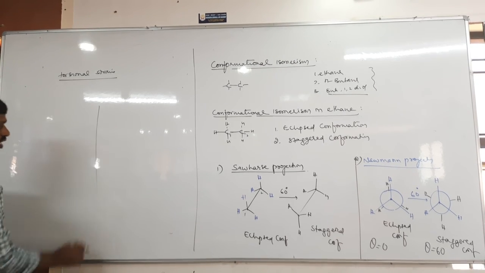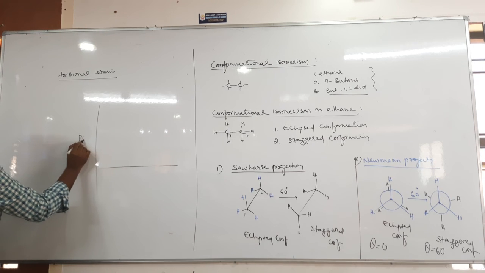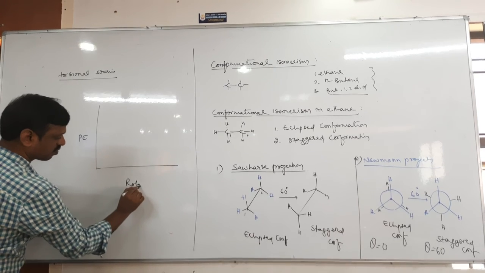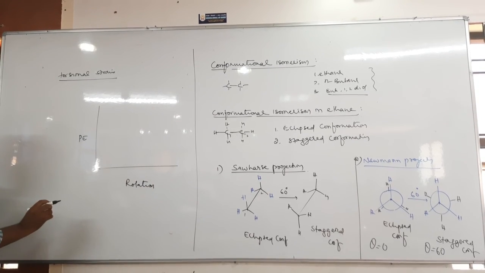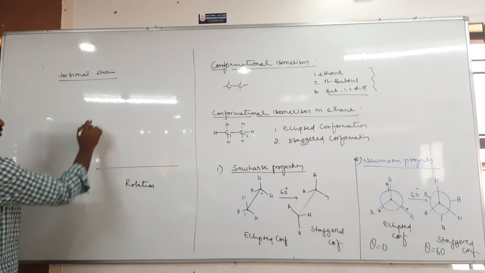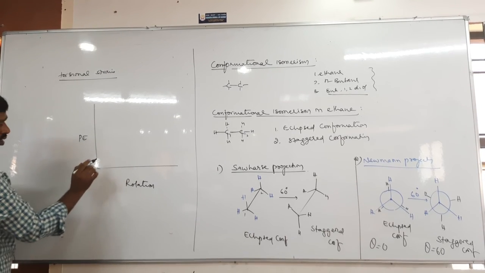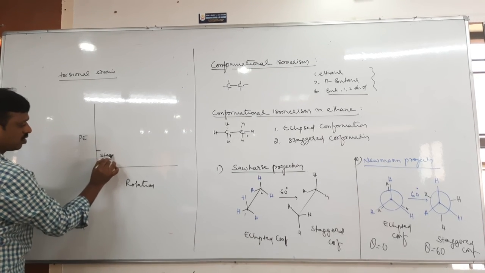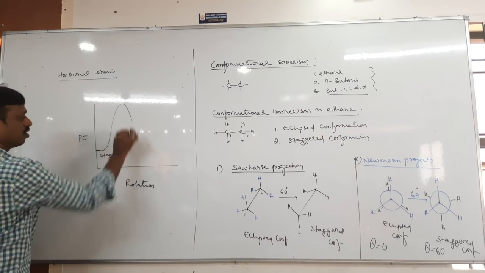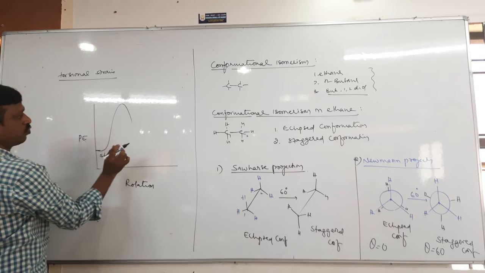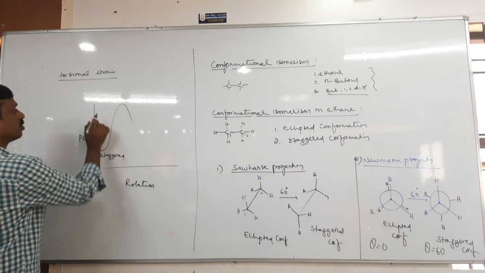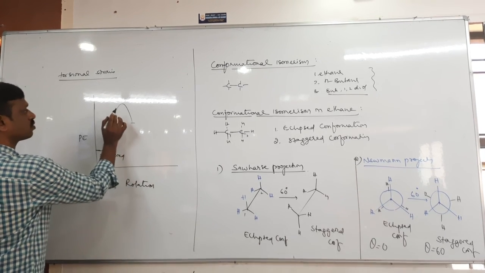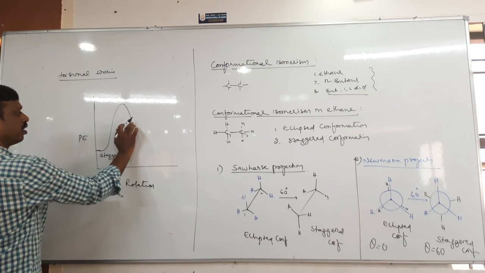Okay, last one, take this potential energy diagram. Potential energy on the y-axis, and this is rotation. Tell me, which conformation has minimum energy? Staggered, so staggered is here. Then which one has high energy? Eclipsed, so eclipsed is somewhere here. We take the conformation